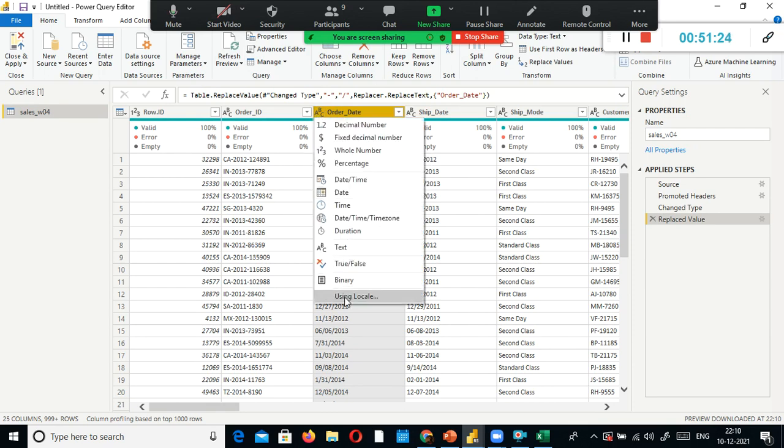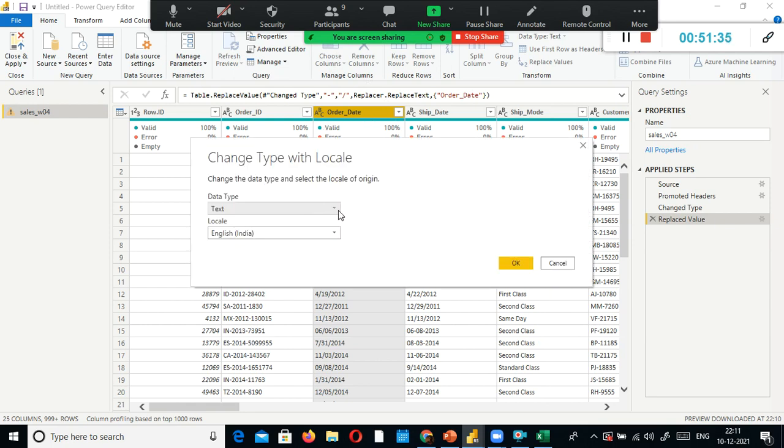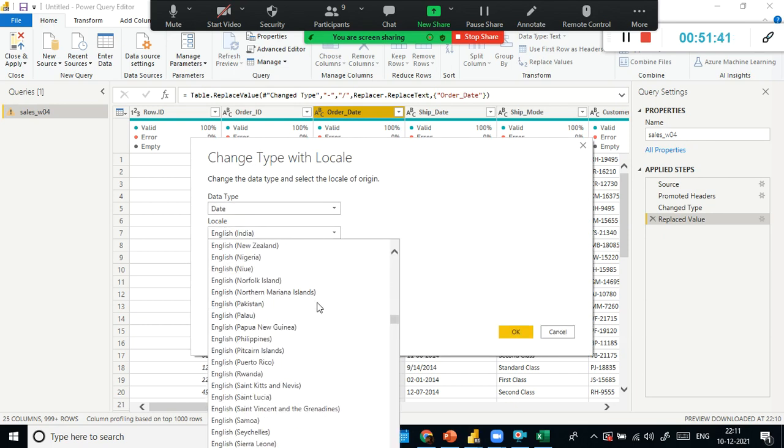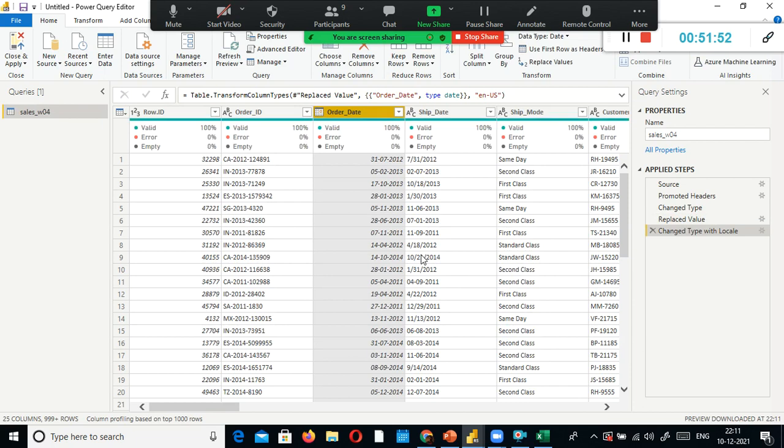Superb, the order date got converted as a date data type. Good, so I'm going to close and apply this.